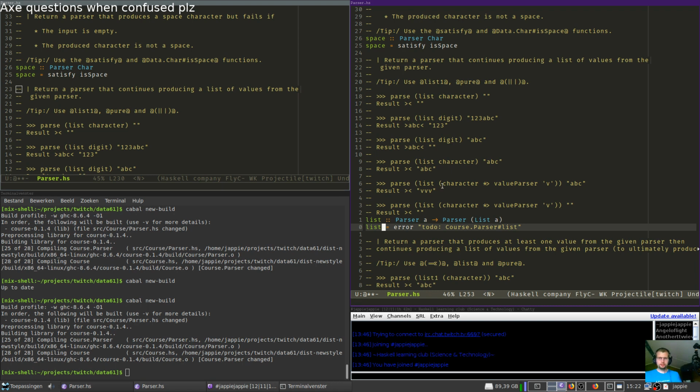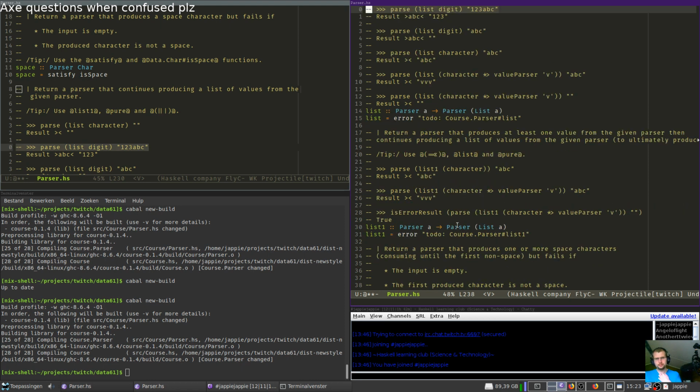So we need to keep on going. Use list1, but we can't use list1. It's not implemented. A parser that produces a list of one value from the given list, and continues producing a list of values from the given parser.